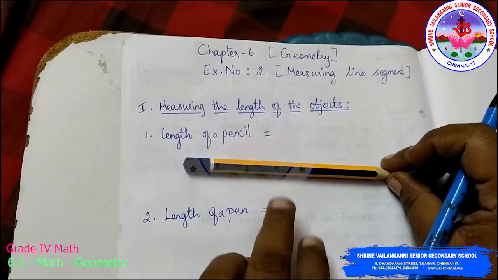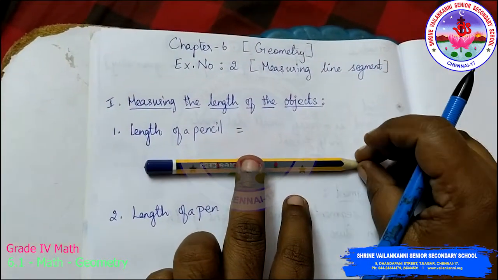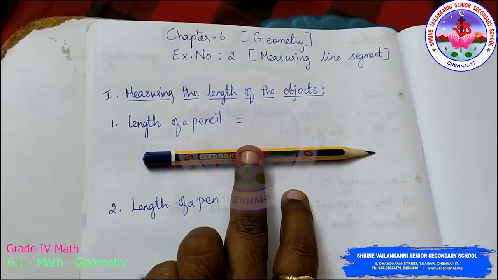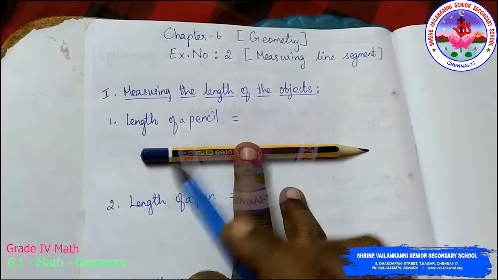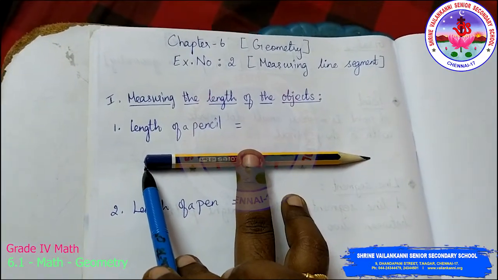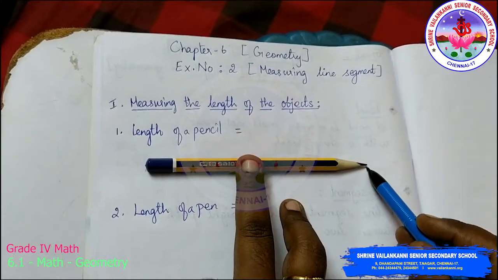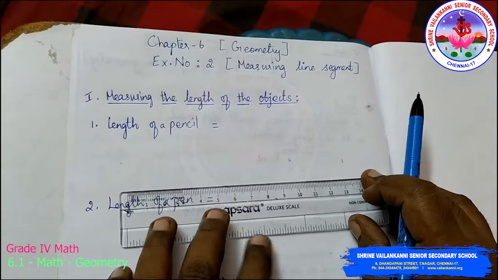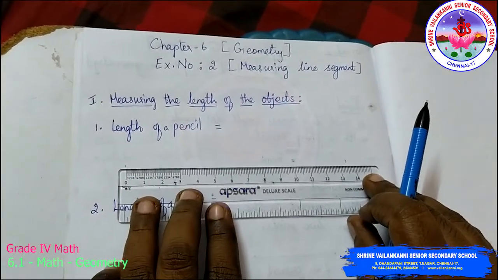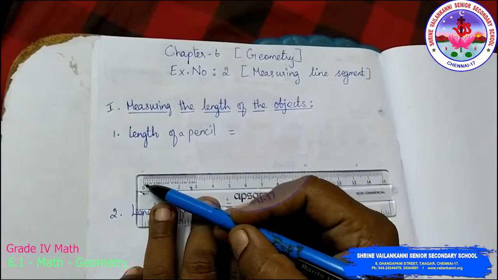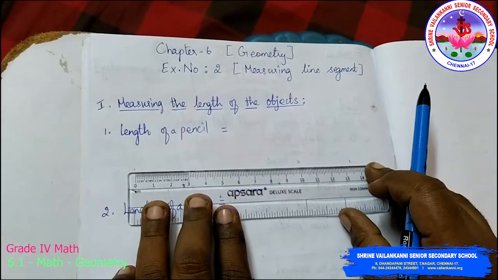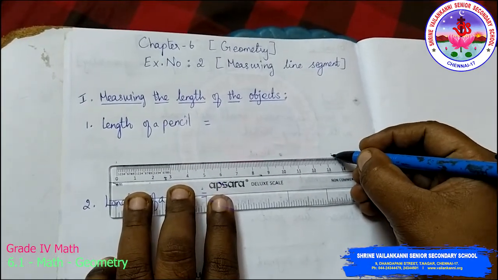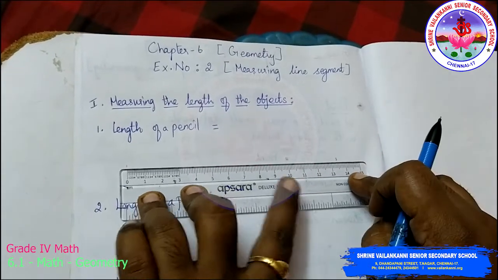So first I am going to place a pencil. After placing, hold the pencil tightly and then mark the starting point and the ending point. That is, here a point and here the ending point. Just after placing the points, remove the pencil and place the scale on the starting point. The starting point should be at the 0. Okay? And then the ending point, exactly where it is ending with the point you have marked.